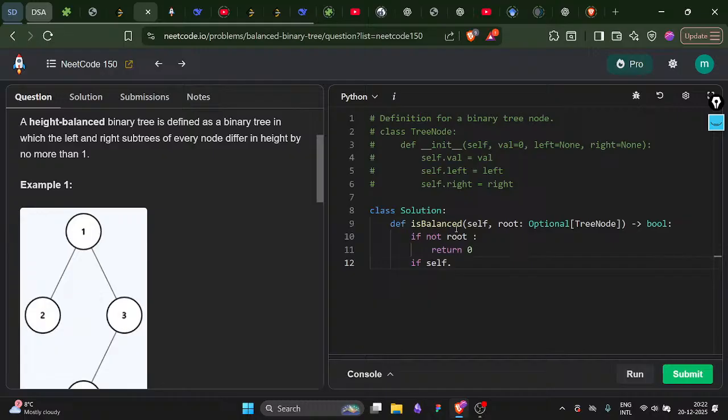Don't do that, please. Just give me this. Is balanced. What is root dot left? If the left is bigger,